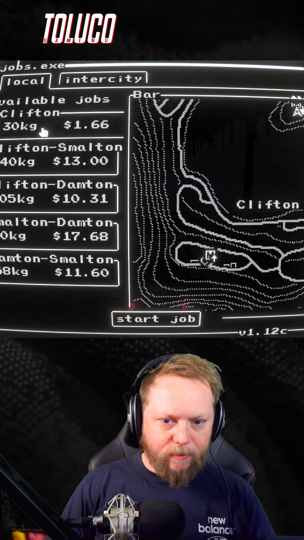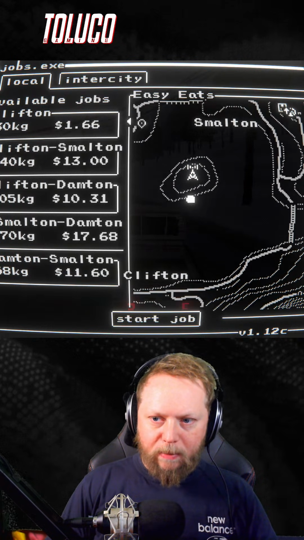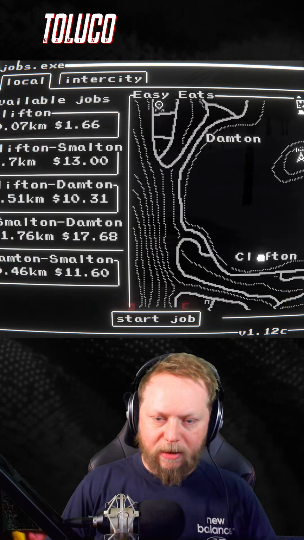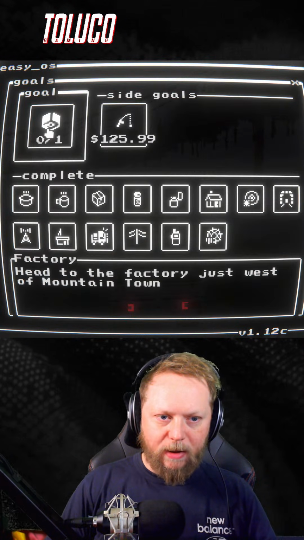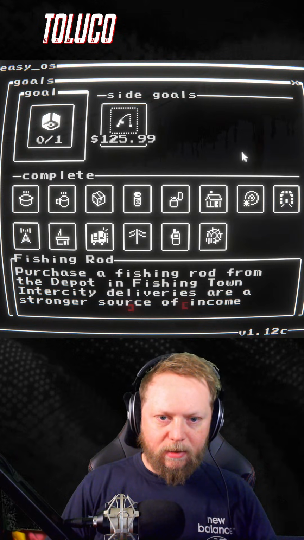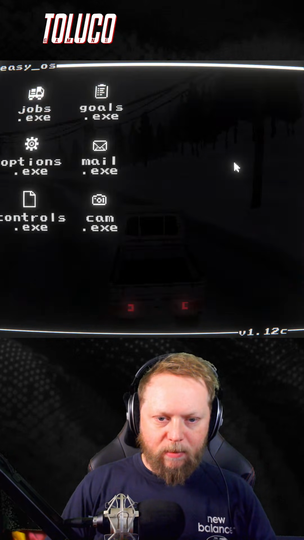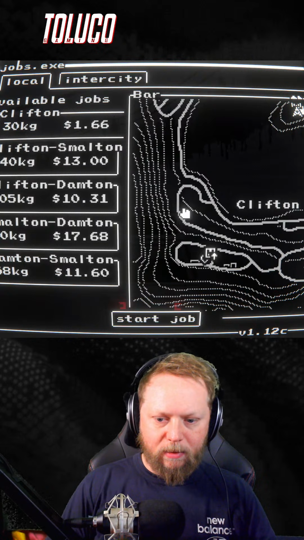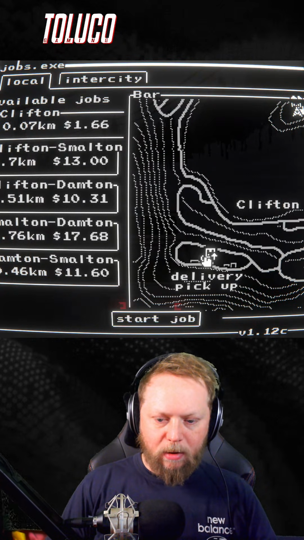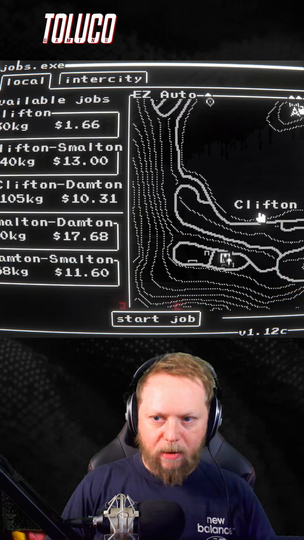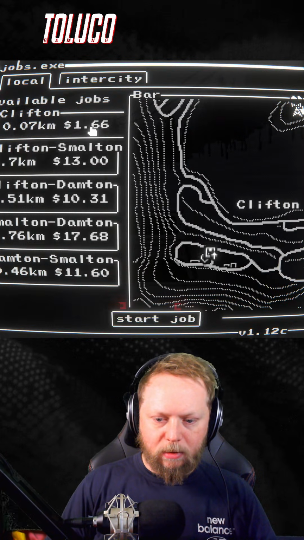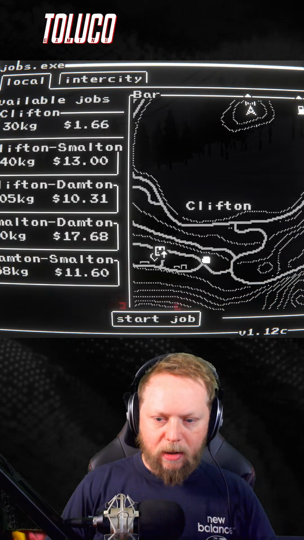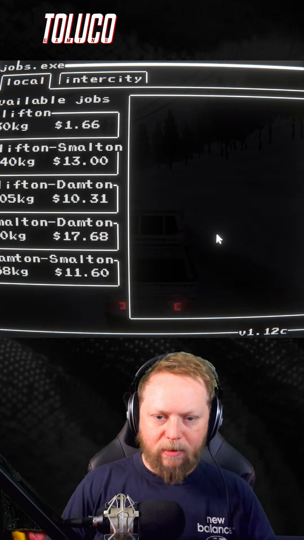Damn it, I don't know where. In the past it showed a flashing icon to say where the fishing rod was, but because it's a secondary quest, I wonder if that's why it's not working. If I click on that and back, does it show me where that is on the map now? Delivery pickup? This is a delivery and a pickup in the same spot. I can just do that one really quick then, can't I? Oh wait, no, delivery? Oh, it's bugged. No, look, delivery. I'm not here though, I think I'm at... Am I at Dampton?